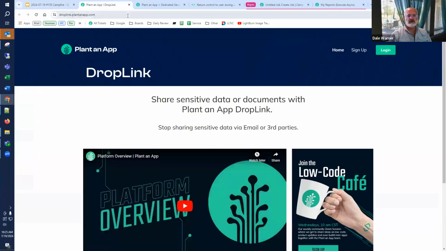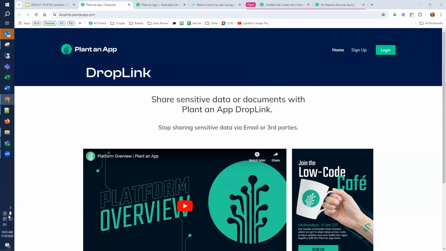So this is our DropLink application, and oh, I'm not logged in. Give me a second. Is it showing anything I shouldn't show?